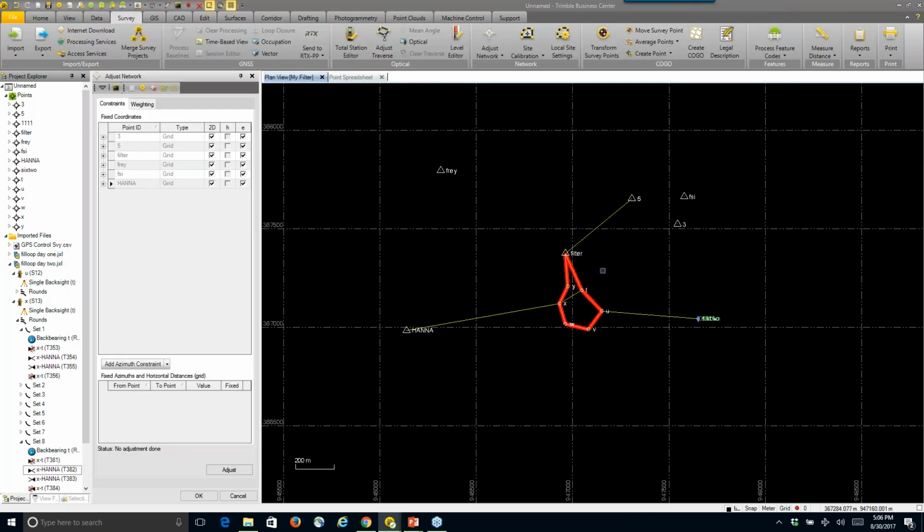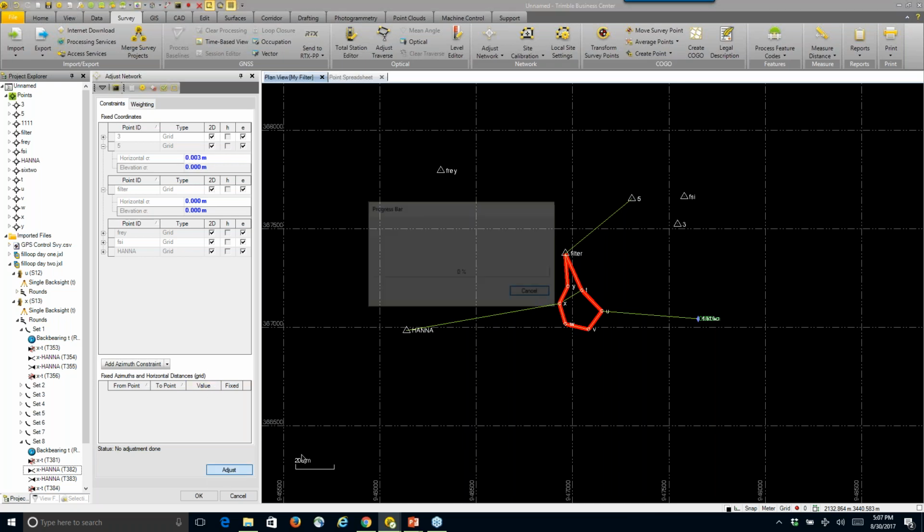For instance, with your point filter, the point filter is what we use for this. You can come through here and, if you expand this, we have the option to say point filter will hold fixed. We're not going to allow it to adjust, but we're going to say that our position standard error for this point is a little iffy. Maybe it was a nail in the ground and you come back and it's slightly moved and you're not too sure about that, or whatever the case may be. You could come in and say, I'm only sure about this point up to about 3 millimeters. And now when we do our adjustment,